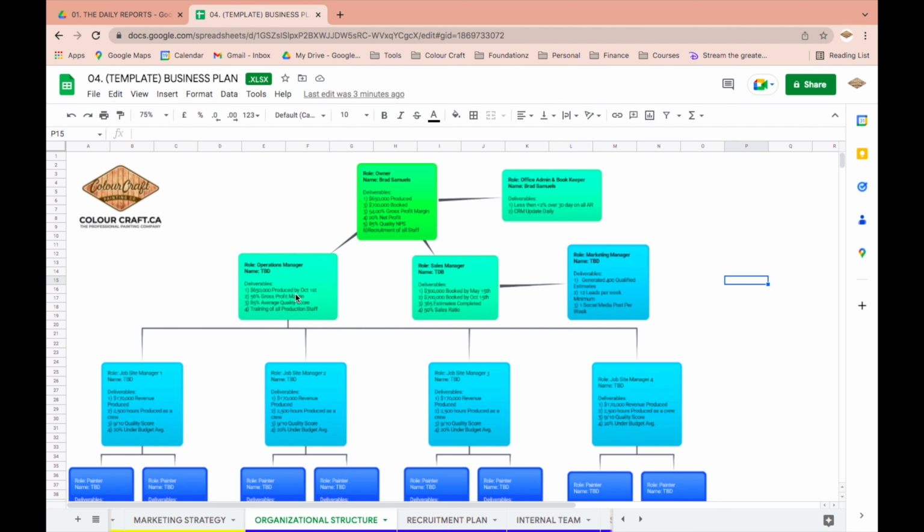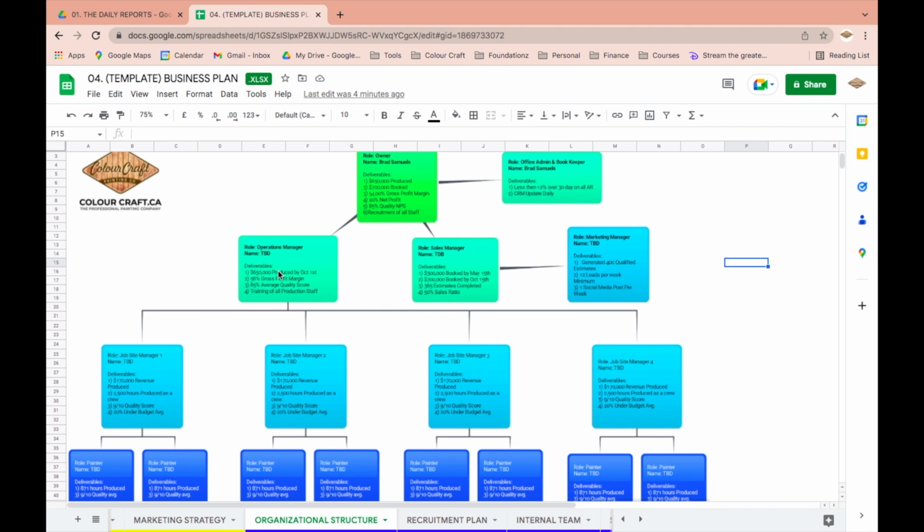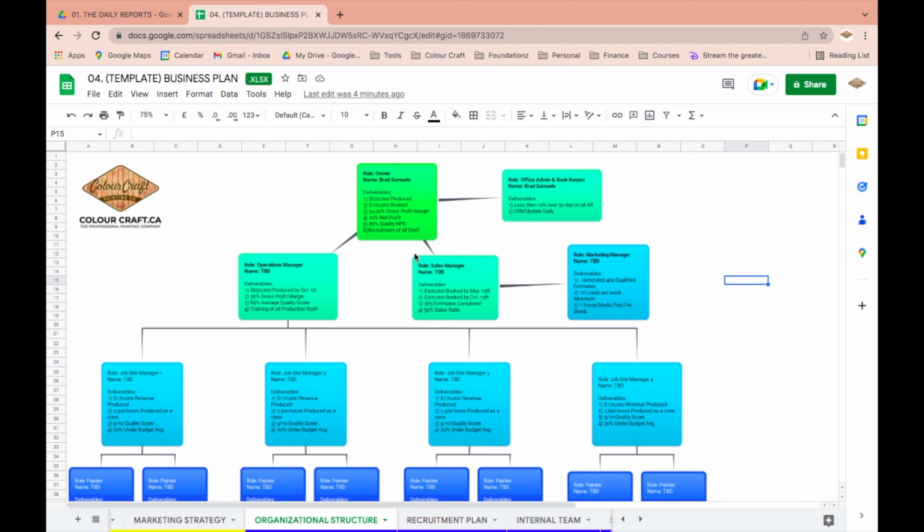It's a really simple visual way to understand what you have to build from an HR and people standpoint, right? If I need to have 6 painters, my crew might look like this. It'd be 3 job site managers. Actually, if you only need 6 painters, it would just be 2 job site managers, 2 painters working under each of them, and maybe an operations manager, or maybe you wouldn't even need one. You would just have them report directly to the owner, right?